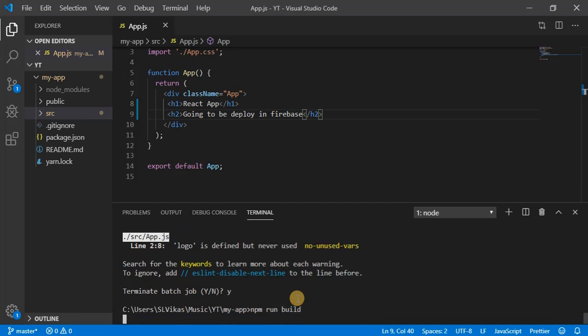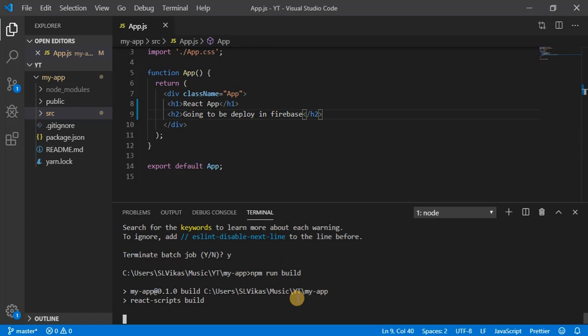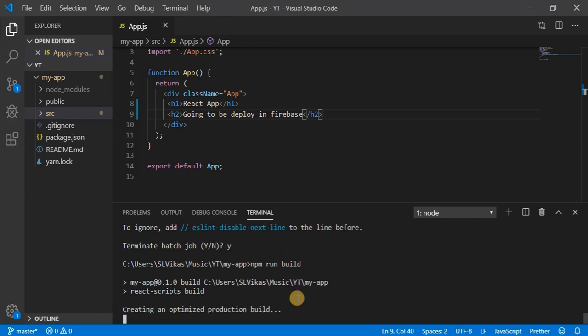Okay, so what build will do is that whatever components and files we have, it will compress into a single file and create a JavaScript file, and from index we can access all those. So it's going to take some time, so please wait.